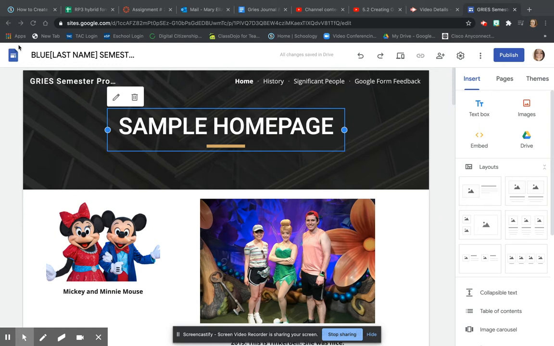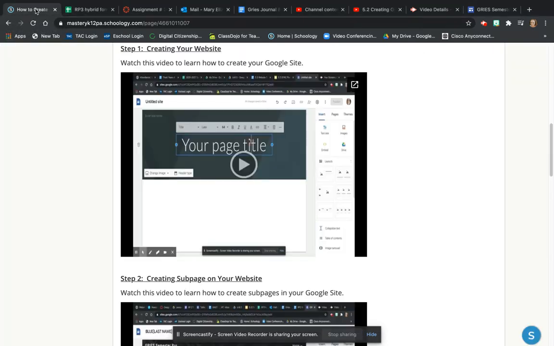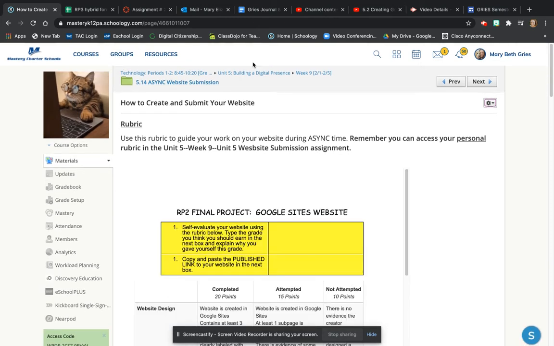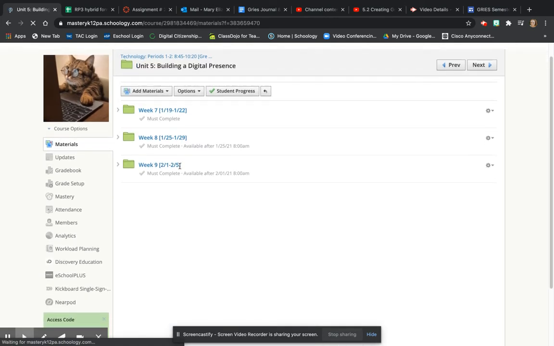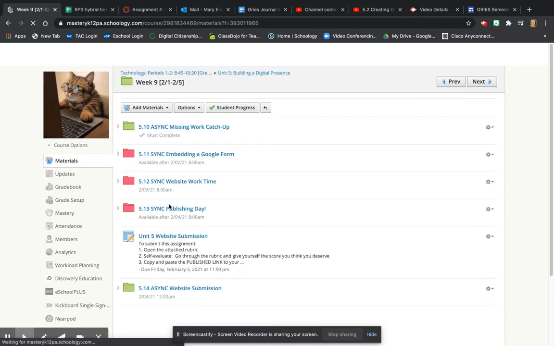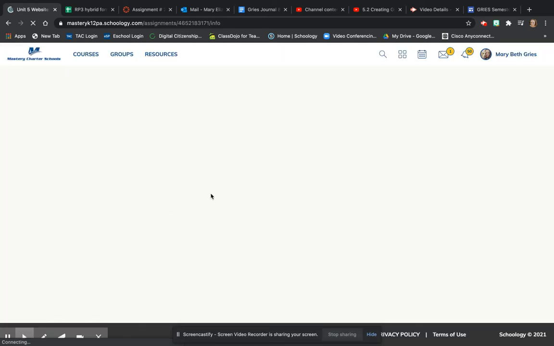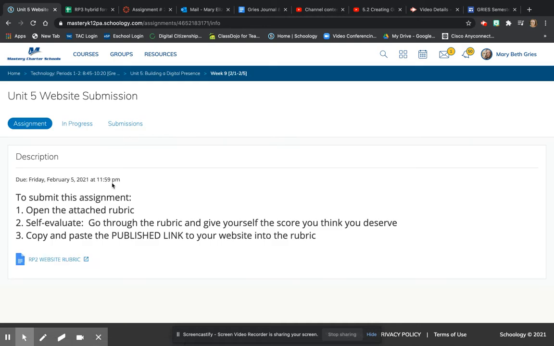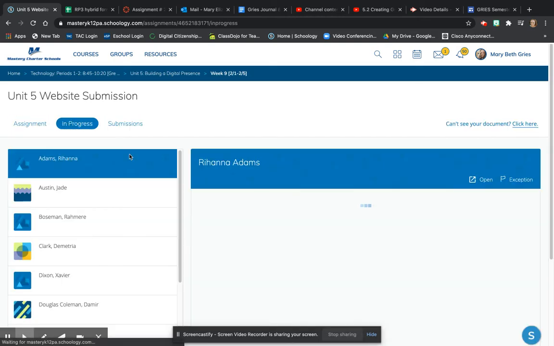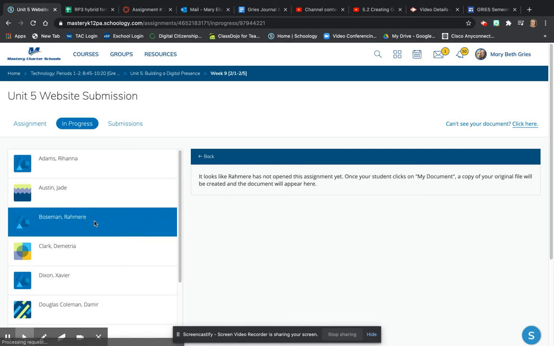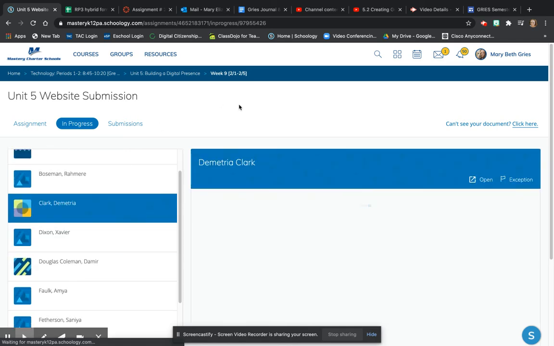Next, you're going to go into Schoology, and you're going to navigate into your class's rubric. So everybody has this located in the Unit 5 folder. It's in week 9. And then it is located in this assignment tab, which is the Unit 5 website submission. I'm in the green classes folder, so you're going to see rubrics from folks in the green class pop up. For you, it'll say My Document, and you should have a rubric that has your name on it that you